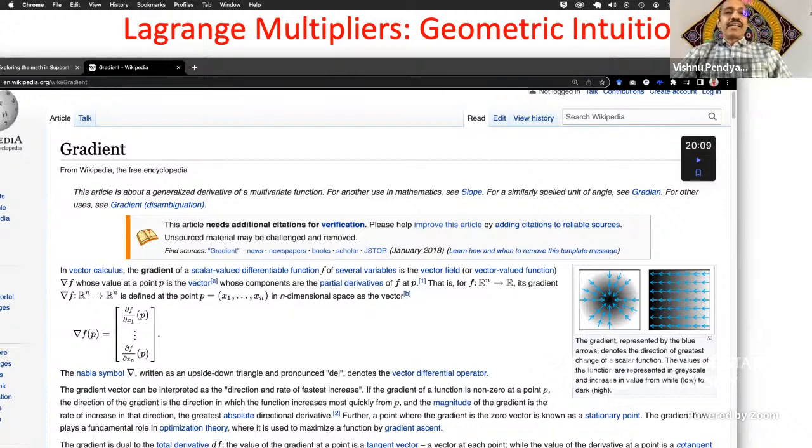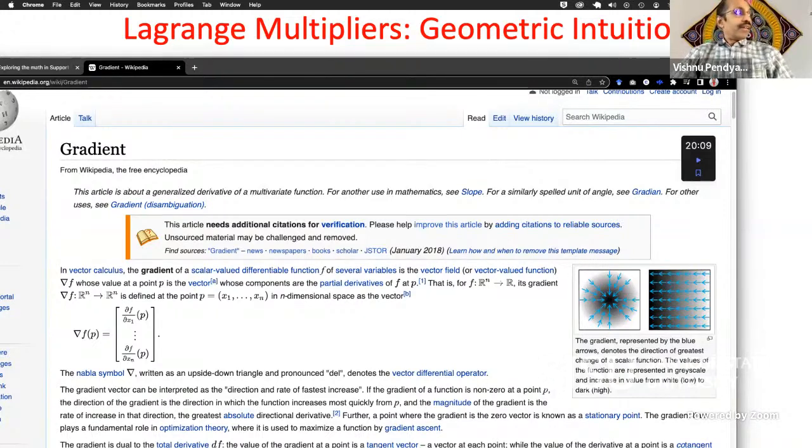So that is the idea. We want the gradients at the point where we achieve the maximum for x plus y, or maximum for f of x comma y, to be equal to the gradient of g at that point. Now, remember, these are vectors. So what does that mean? Vectors have both magnitude and direction. So do we want the magnitude also to be the same? Probably not, right? We are only concerned about the direction. We only want the direction to be the same.